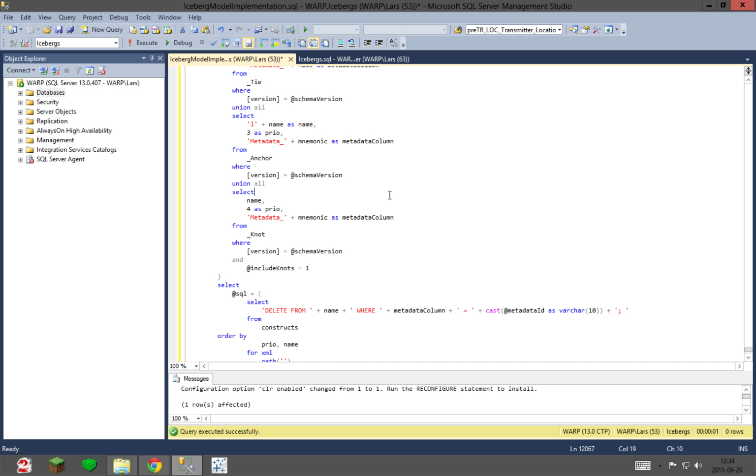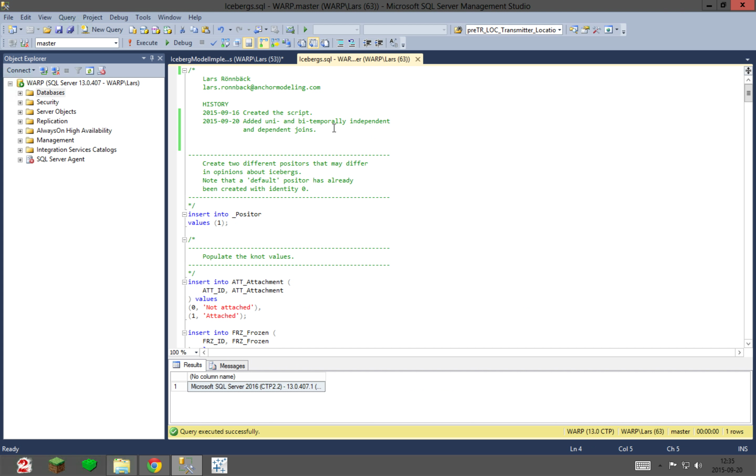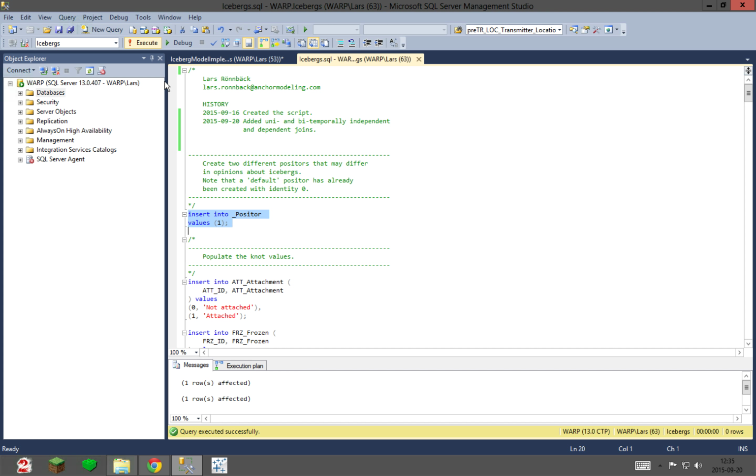We have also prepared some queries, and these queries are also available, as you can see in the post here later. You can get this script. The first thing I'm going to do is to change to the correct database. Then I'm going to create one more positor. To begin with, we have one positor created with identity 0. This is sort of the default positor. But in this case, I also want to model that a boat will see one of the icebergs and report its location. So I'm going to execute here to get one more positor, meaning that now we have two positors,